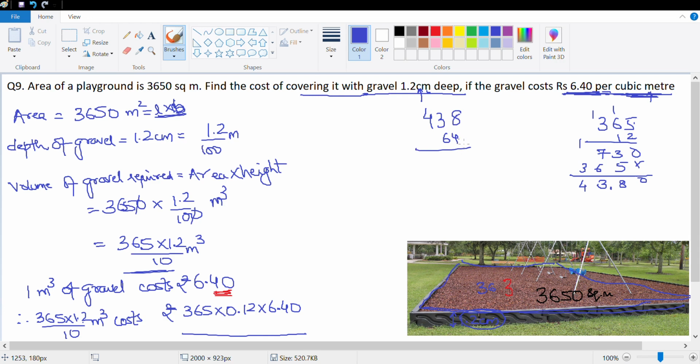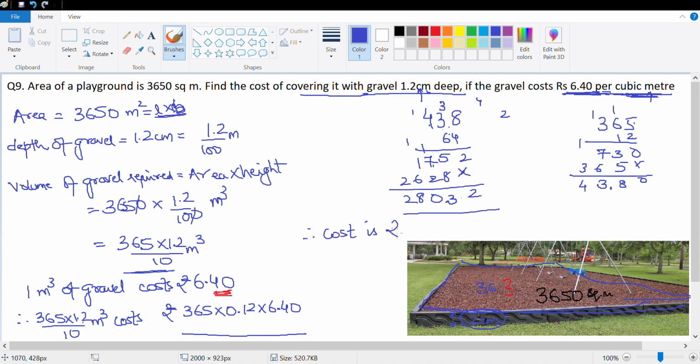Perfect. So 4 8s are 32. 3 carry, 4 3s are 12 plus 3, 15, 16 plus 1, 17. 6 into 8, that's 48, 4 carry, 18 plus 4, 22. 24 plus 2, 26. This is 2, 8 plus 5, 13, 7 plus 2, 9, plus 1, 10. That's 8, 28032. How many decimals? I had 43.8, which means 1. In this case, I had 1 more, which means 2. So 280.32. Therefore, cost is rupees